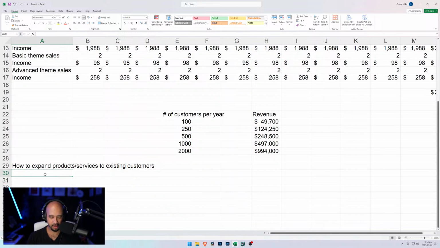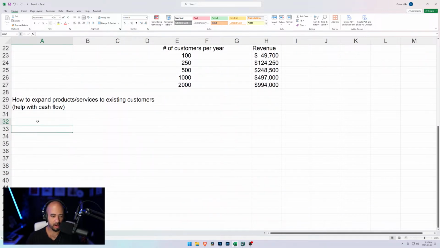And I guess the idea here is it's kind of like help with cash flow within the company. Because again, if you have 1,000 customers, they've already paid you, fantastic. But you got to find a way to keep maintaining the company, 5 years, 10 years, 20 years after those customers have paid you their money, right? Because you want to make sure that they're going to get incredible value for the amount of money that they spent. At least that's what I always like to think. Just kill them with all kinds of different value. So what other options can we do?